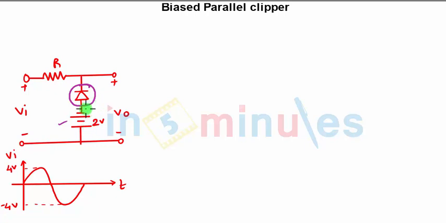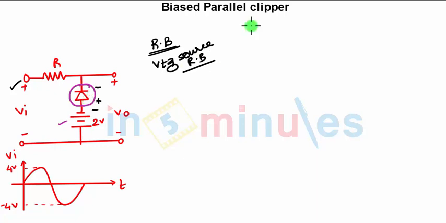Now what will happen in the positive half cycle? In the positive half cycle you are applying the positive terminal of the source to the negative terminal of the diode. That is, you are reverse biasing the diode in the positive half cycle, right? This is one part. Then what about the voltage source? This voltage source, this is the positive terminal, negative terminal. Again the voltage source is reverse biasing the diode. So what is the conclusion? The diode remains reverse biased entirely in the positive half cycle.